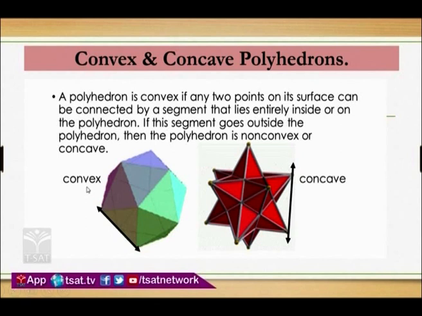See, in a convex polyhedron, if you take any 2 vertices and join them, that line segment should lie on the polyhedron or on the edge of the polyhedron. Then we say that that particular polyhedron is called a convex polyhedron. Now observe the orange color figure, children. I took 2 vertices and joined them, but my line segment comes out of the polyhedron. Then we say that it is a concave polyhedron. This is the difference between convex and concave. From the images also you can clearly understand.